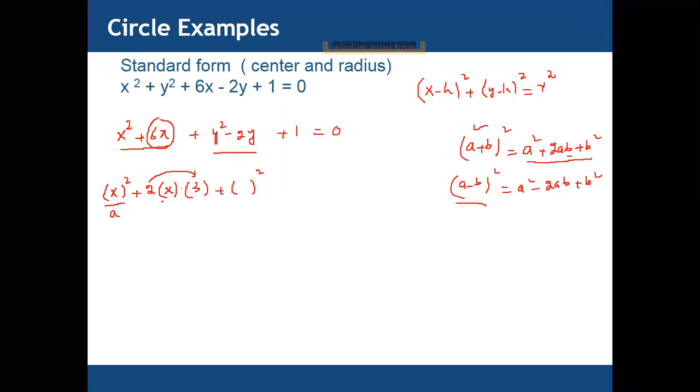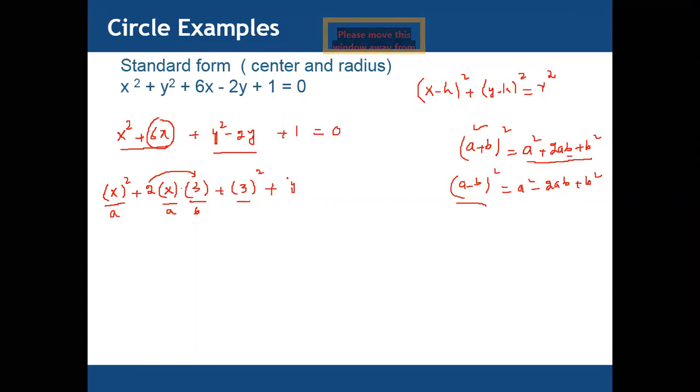This means that our first number a is x and b is 3. So we must add 3 square here to complete this formula. This is from our own side. We are adding 3 square to complete the formula a square plus 2ab plus b square. This is for the first. Now for the second one,